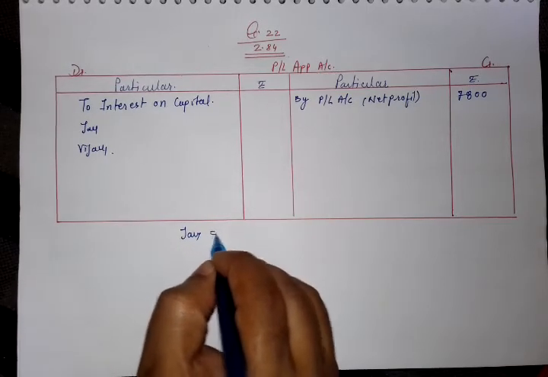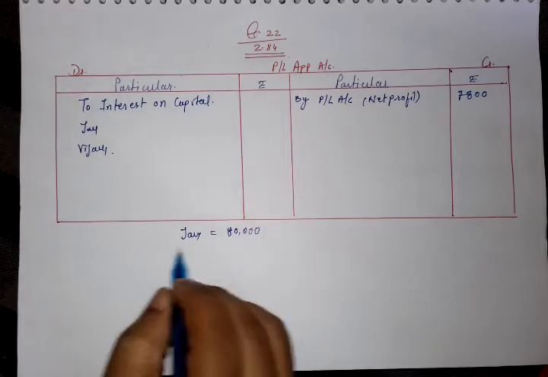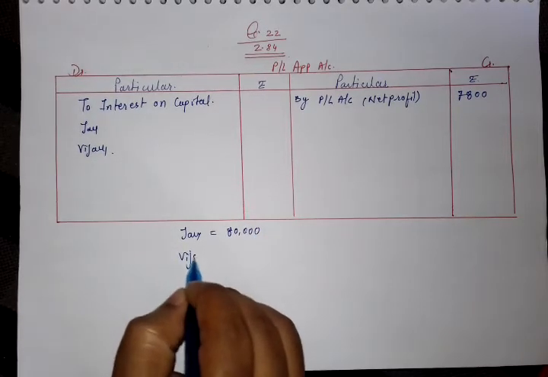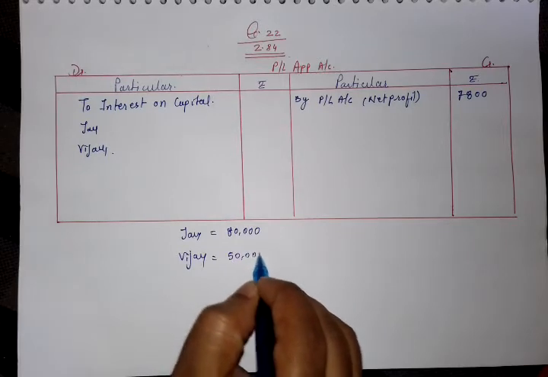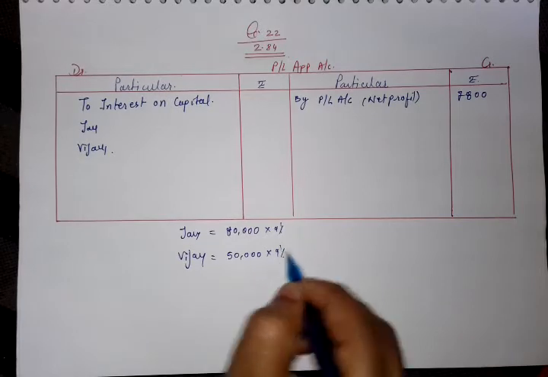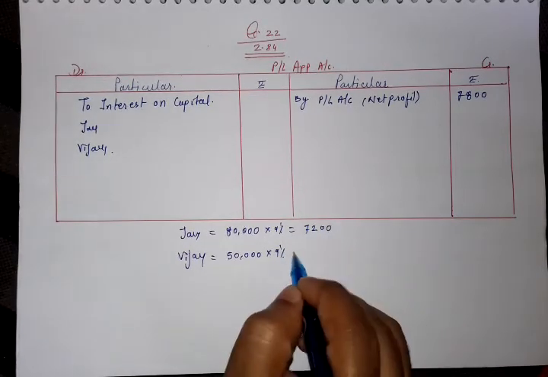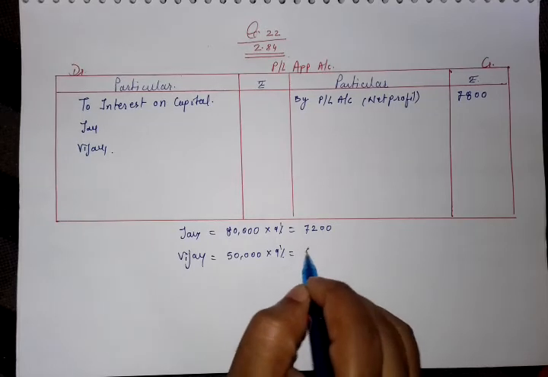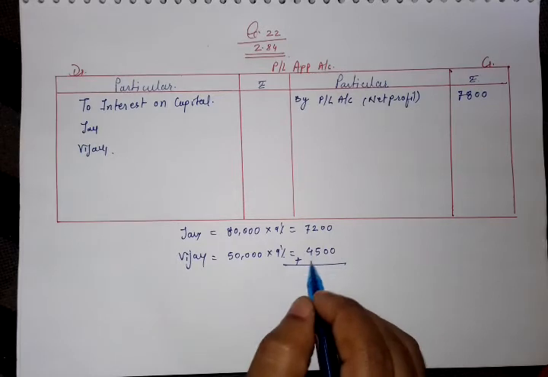J has introduced 80,000 and Vijay has introduced 50,000, and according to the question they are having 9% rate. What does it mean? It means 7200 for J, and after calculation it is 4500 for Vijay. And you know the sum of those numbers